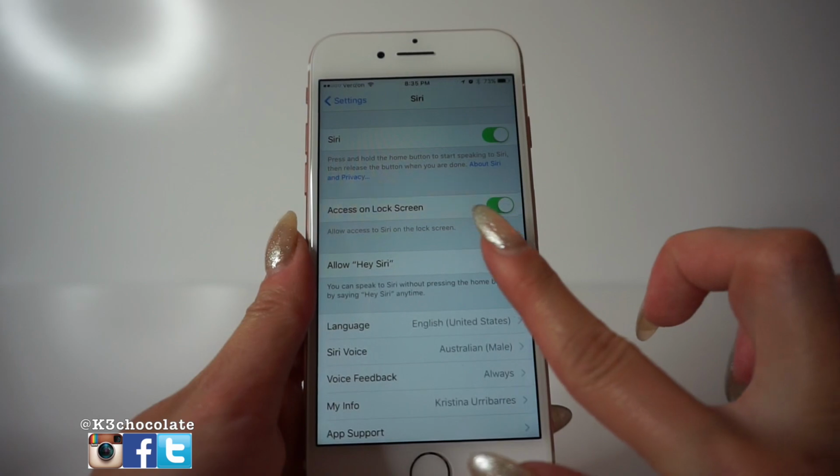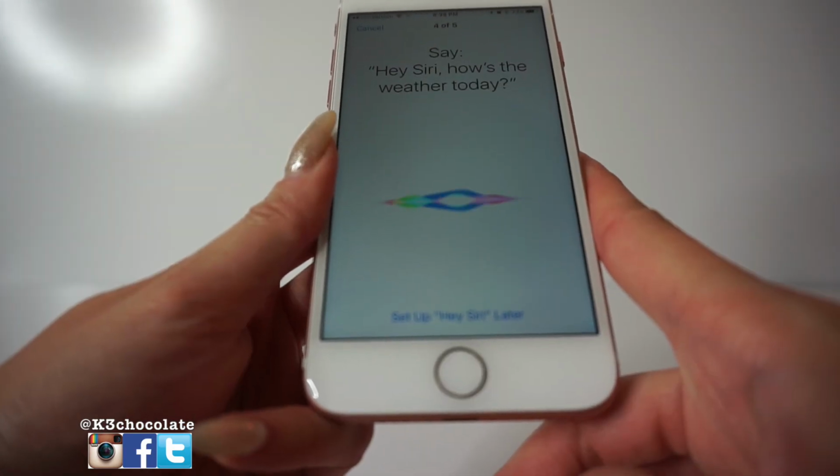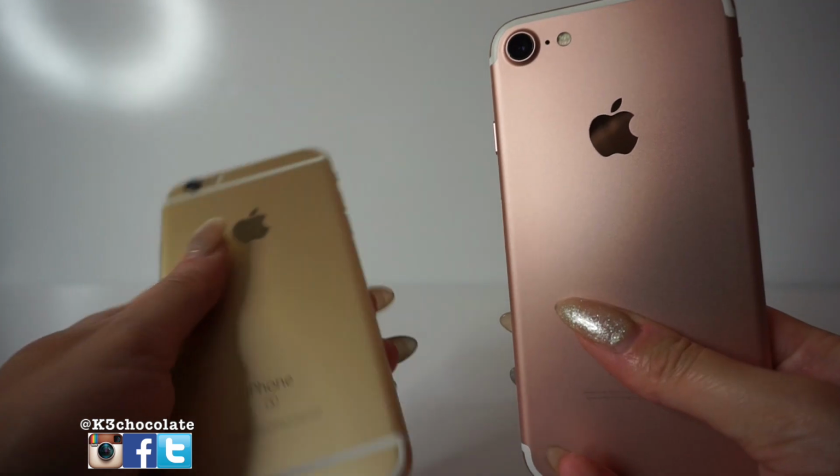Also, when you type, Siri's supposed to be different also. Hey Siri, how's the weather today? Hey Siri, it's me. The camera is also supposed to be better, and if you compare it to the iPhone